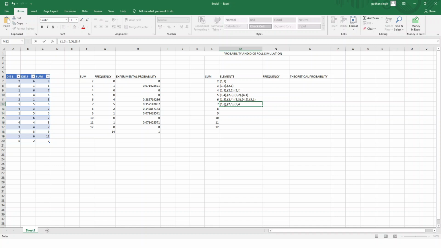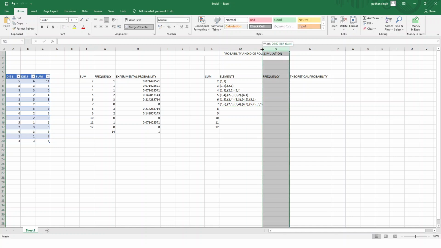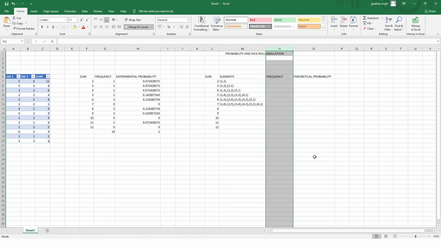Then (5, 2). Then next we'll write (6, 1). So total we are having till 7.